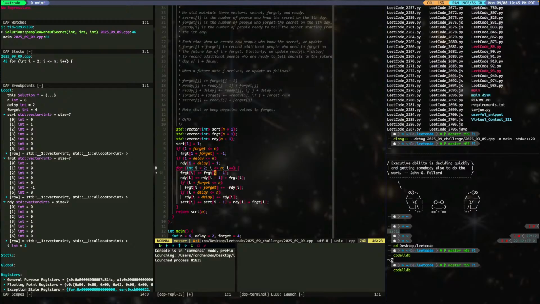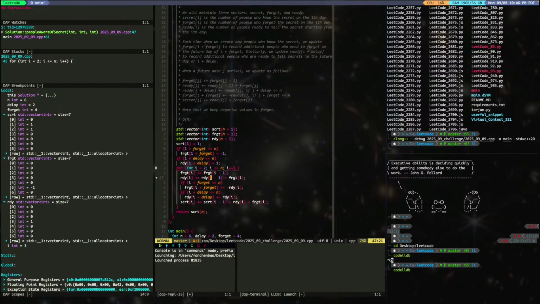So this will be 0. This is still 0, and then this is ready minus ready. But ready is 0, right? So this shouldn't change anything. This also doesn't change anything. So secret I is equal to 2. So you should get 1, all right? That's correct. Next,